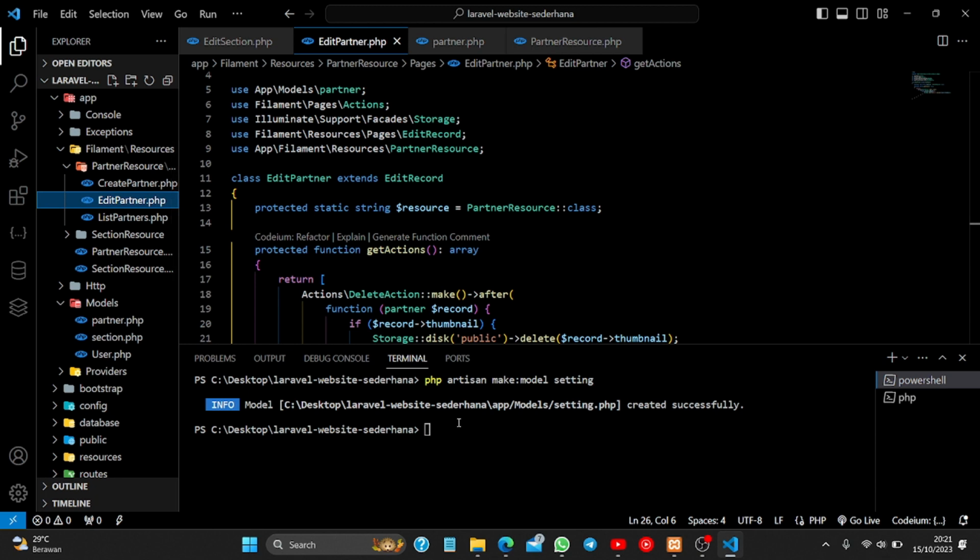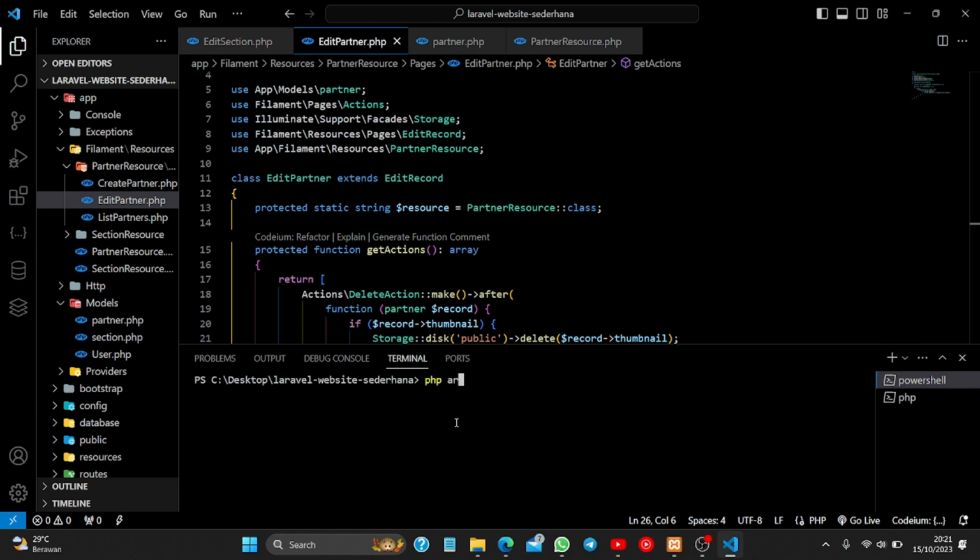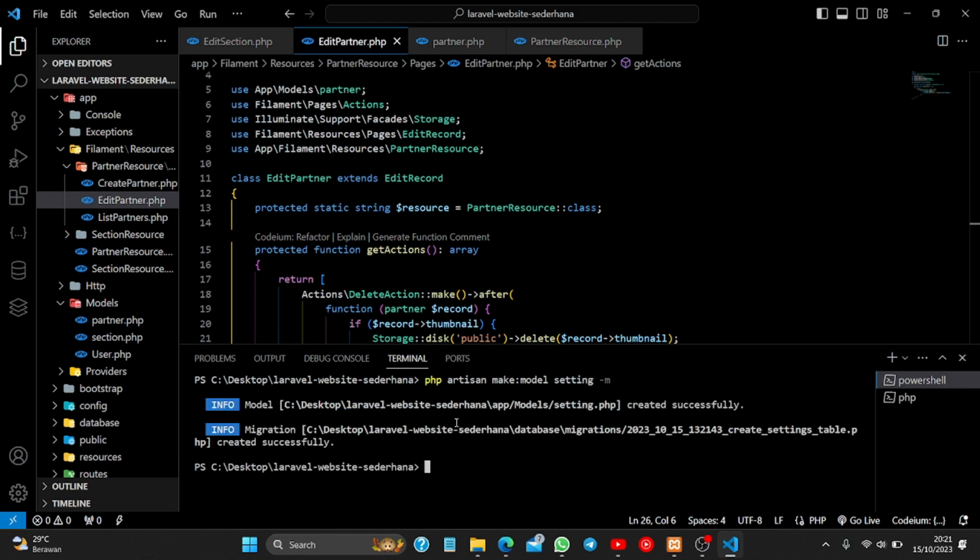So for delete, it is clear, and PHP artisan make model setting. So don't forget to migrate. Okay, so